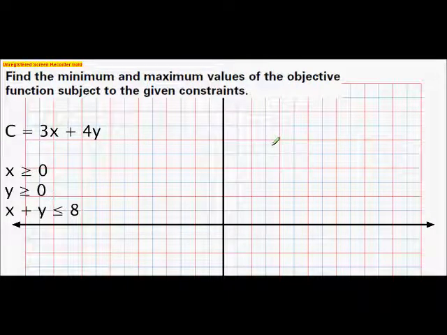Alright, so this is the first video on linear programming, and this is probably a topic that is new to you. I believe we don't go over this in Algebra 1 and definitely not in Geometry. But basically the idea behind this is you're given what we call an objective function, so some sort of function, and what we want to do is find the maximum and minimum values. And so this could be used for things, like we want to maximize the efficiency of a shipping company,